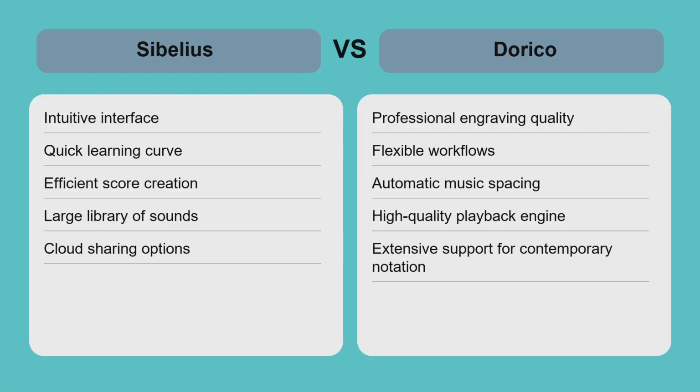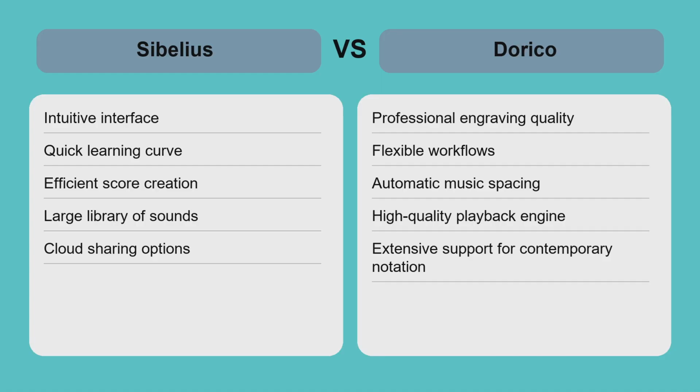Sibelius and Dorico serve different user needs despite overlapping capabilities. Sibelius shines in quick score creation, making it ideal for educators and composers who need to produce clean results fast. Its user-friendly design supports collaborative workflows and is great for standard classical or popular music scores. Dorico, in contrast, offers superior engraving quality and flexibility, perfect for professionals handling complex compositions or contemporary music requiring detailed